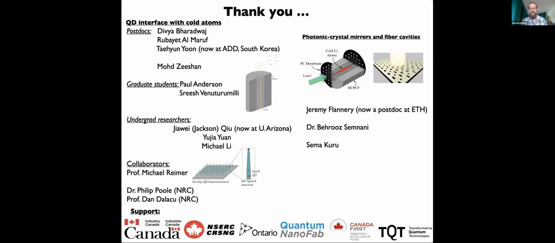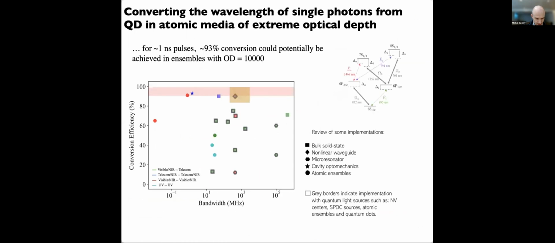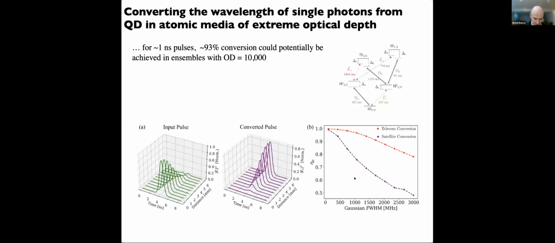So you mentioned the bandwidth of the frequency conversion of the single photons. What's the range of bandwidths you can handle? So the bandwidths, again, it's a bit of an optimization process, but you can get to gigahertz. It should be possible, and if you optimize more, gigahertz should be doable. I guess this is plotted here. It's the efficiency versus line width of the pulses.